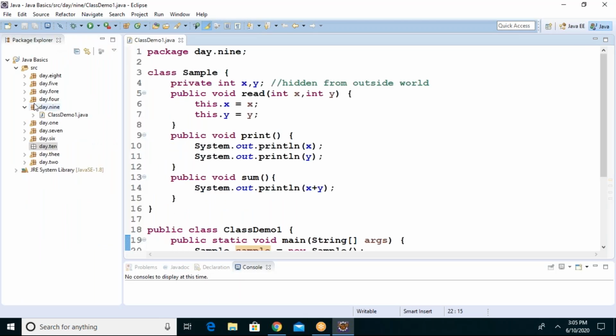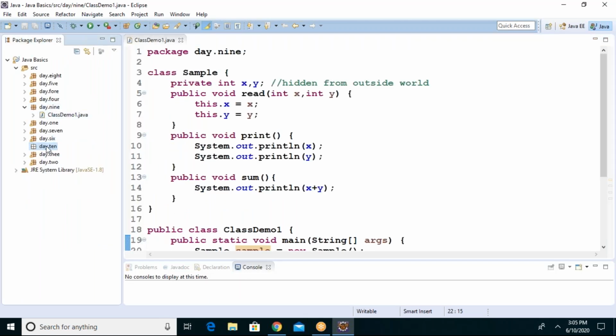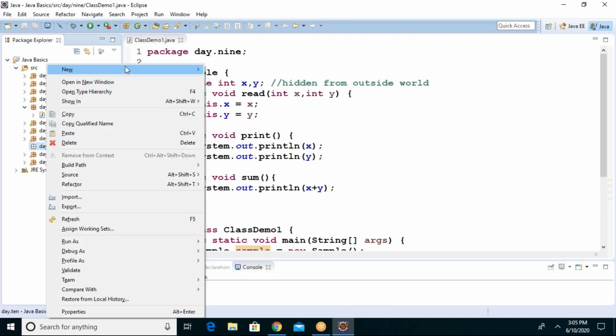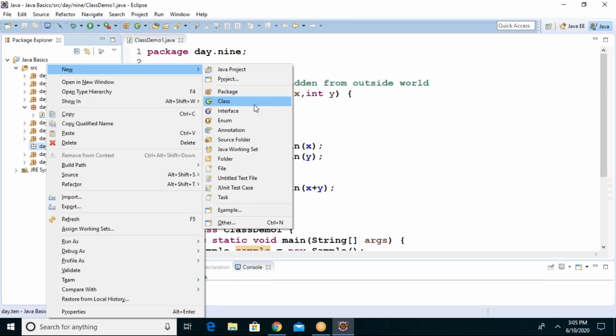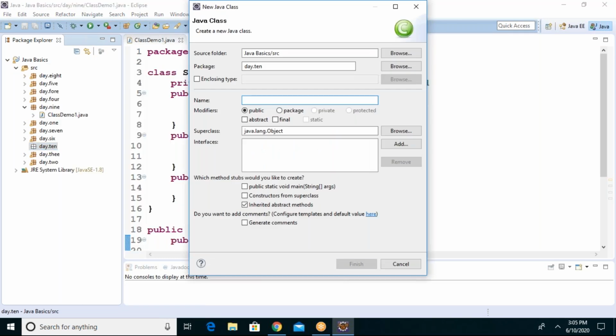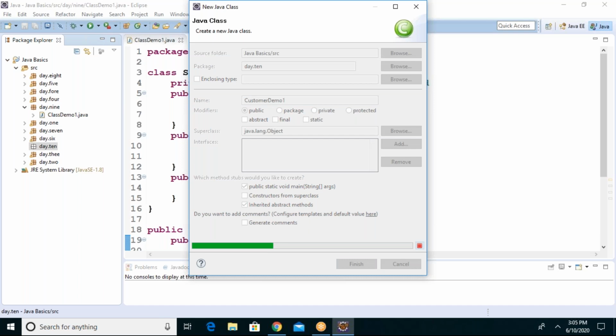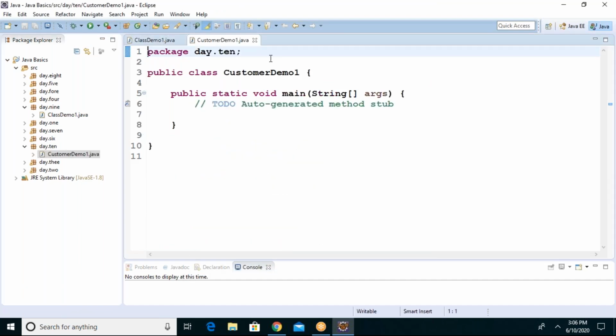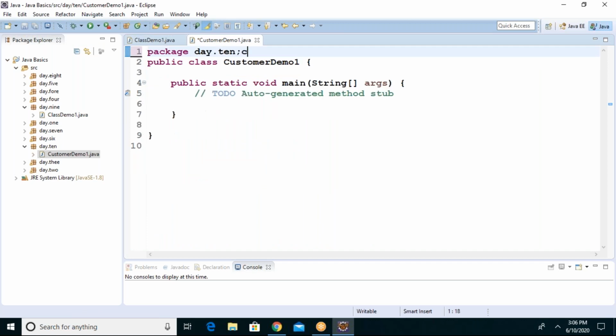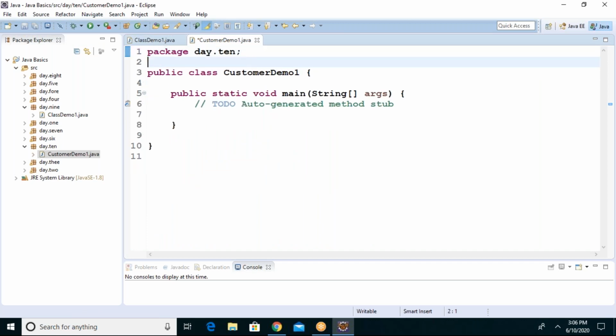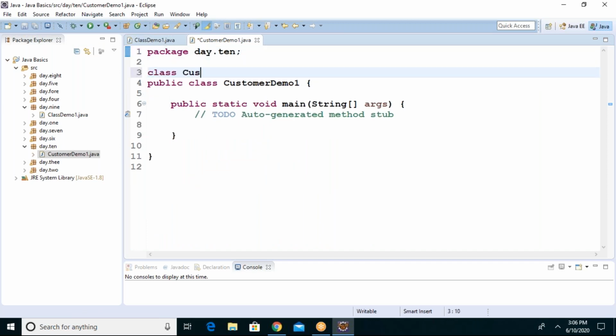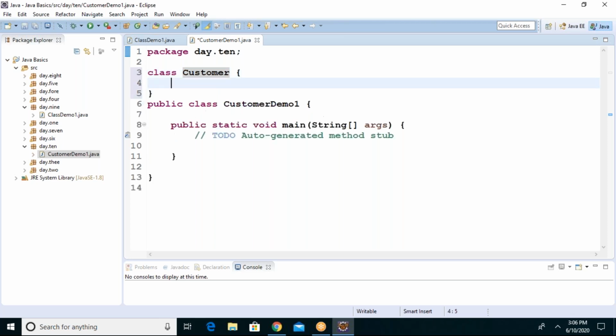Now let me start with a class called customer, for example. We start with the class called customer demo. So rather than x, y, z variables, I wanted to start with a new class, the customer class.